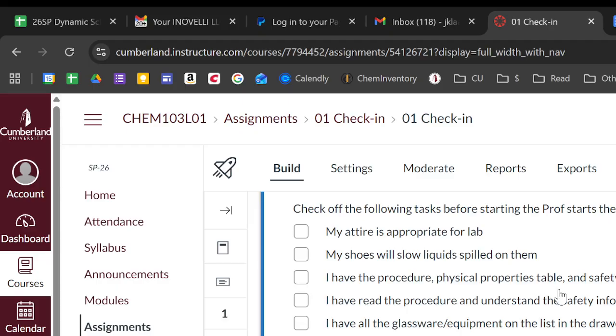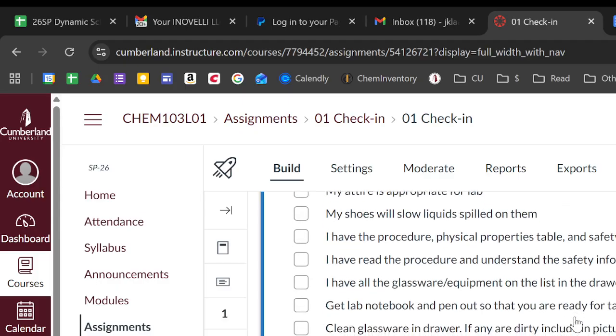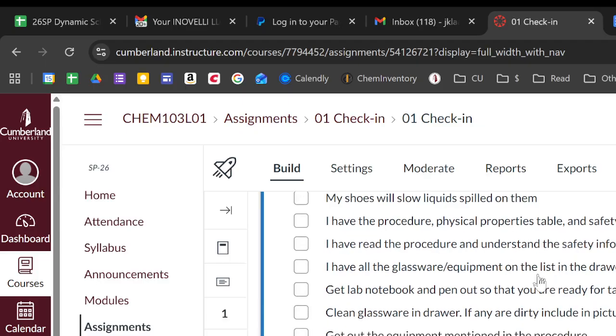If you don't, I will swap your seat. Okay. Now I will literally go, hey, you go over there, you go over here. And I've had to do it a few times. Usually because the lab partner kind of sits back and tries not doing anything, and then I kick them out of the group. So make sure you read that lab procedure.